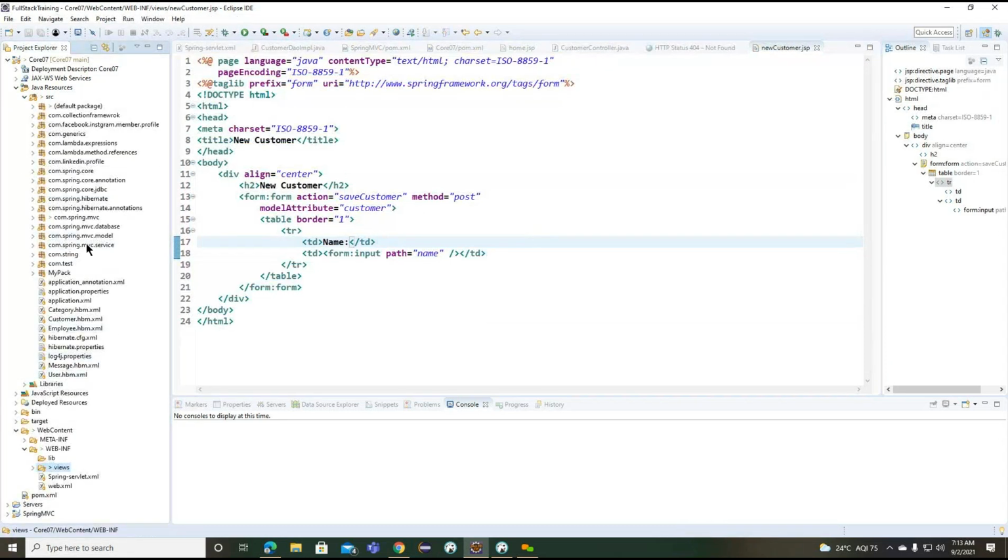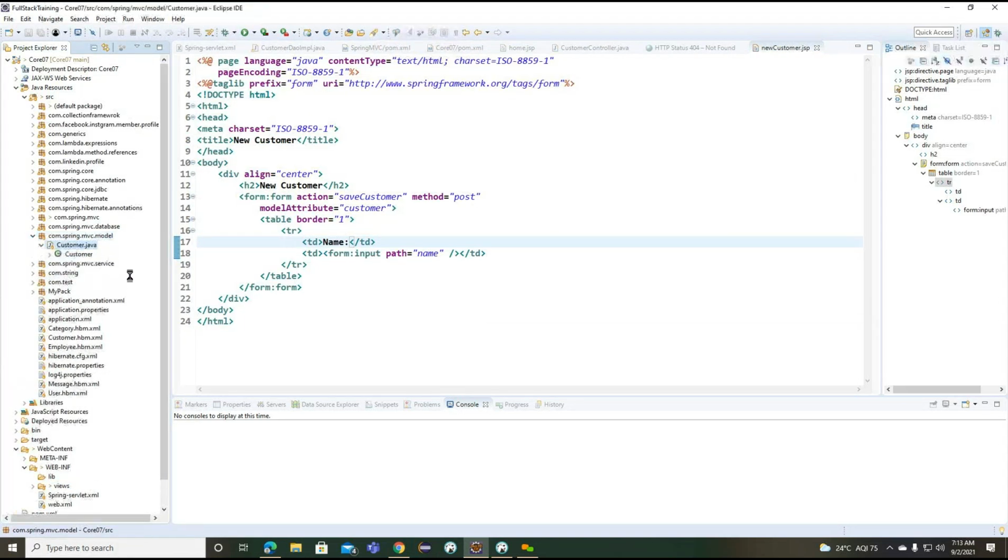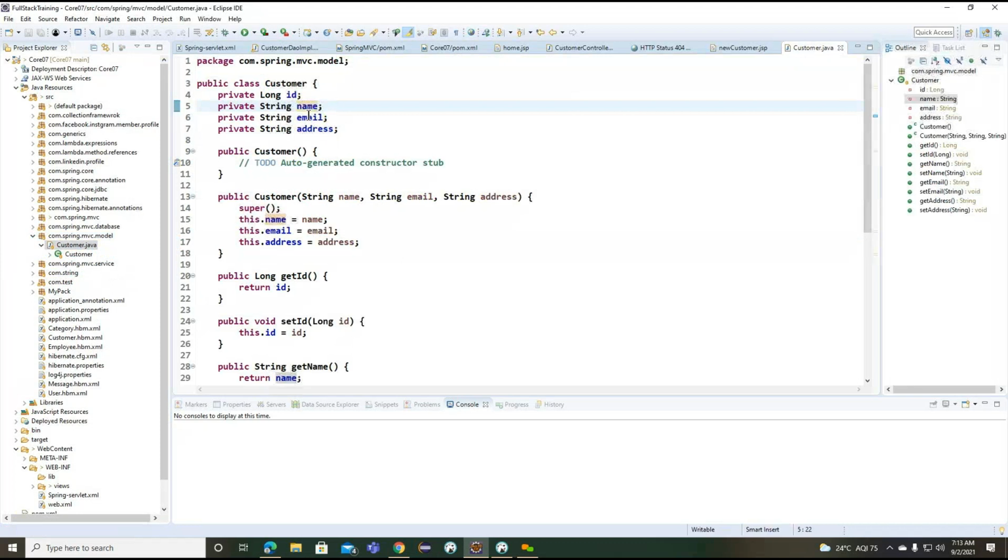Let me open where we define this particular customer. Inside this particular model, we are having customer here. So these are the properties we need to match here.